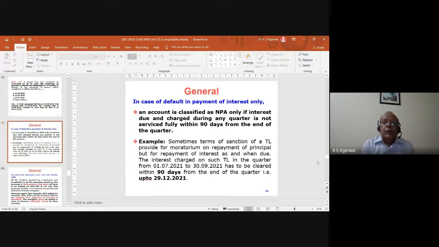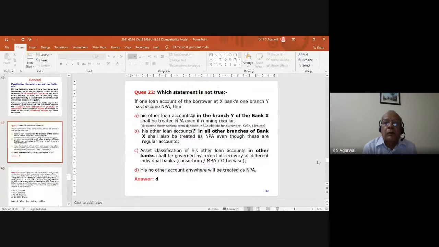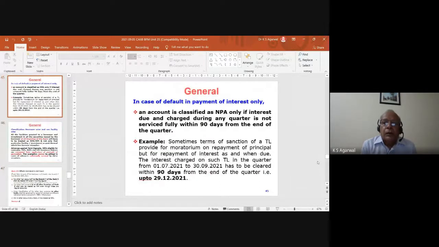In case of default in payment of interest only, an account is classified as NPA only if interest due and charged during any quarter is not serviced fully within 90 days from the end of the quarter. It will be easier for us to understand from an example. Suppose